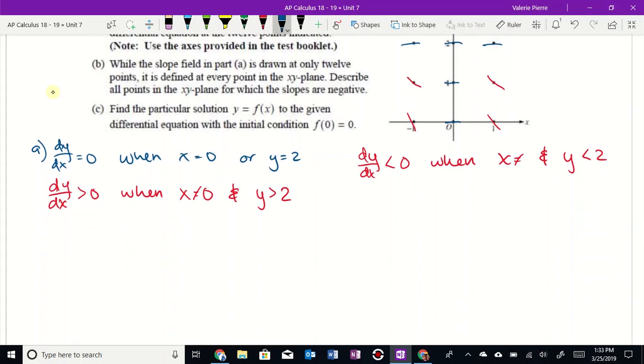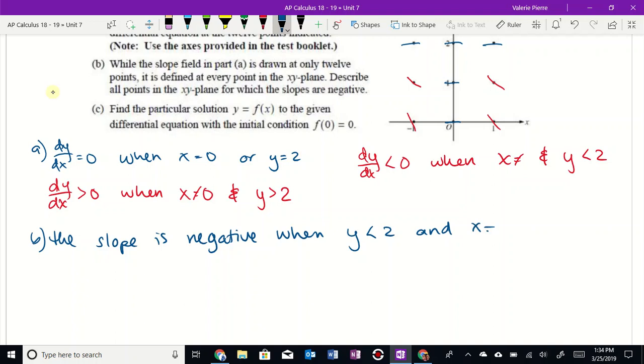All right, now part B. While the slope field in part A is drawn at only 12 points, it is defined at every point on the xy plane. Describe all points on the xy plane for which slopes are negative. Great, we've already done this part in part A. So we know the slope is negative when y is less than 2 and x does not equal 0,